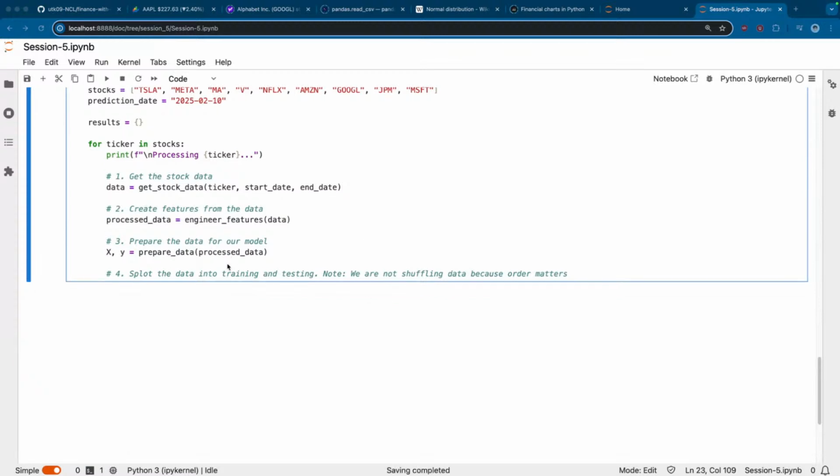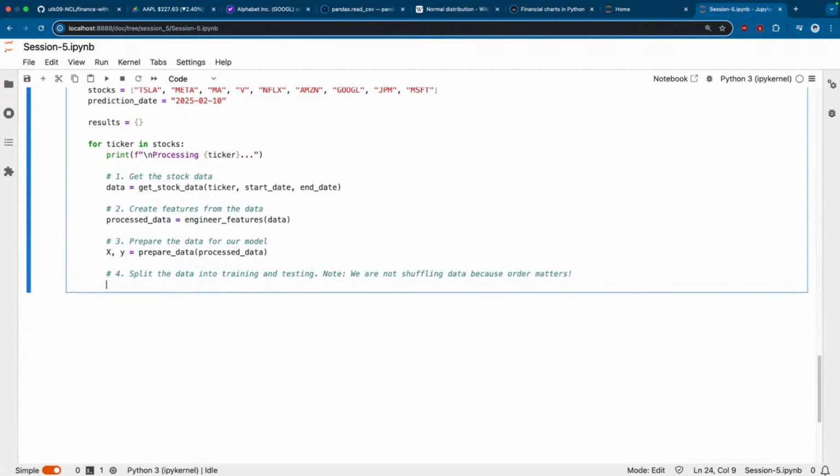Okay, so X and Y process data that is done, and then plot. No, not plot. It is split the data into training and testing. Note, we are not shuffling data because order matters. Order of the data matters to us a lot, and this will return us a tuple of four things